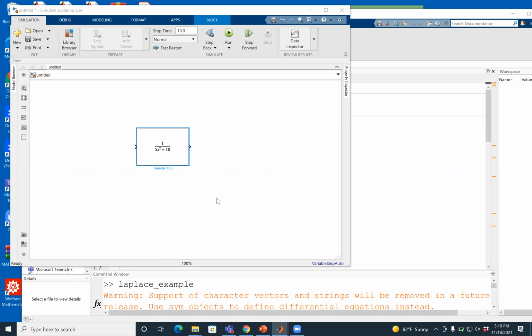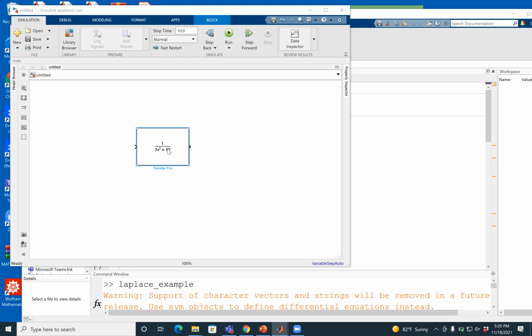So now you should be able to see my screen with 5s square plus 10. This is the transfer function. Everyone understood this? Now solving a transfer function in Matlab is super easy. So imagine that if my input is a sinusoidal input. So if my input is like a sine wave,